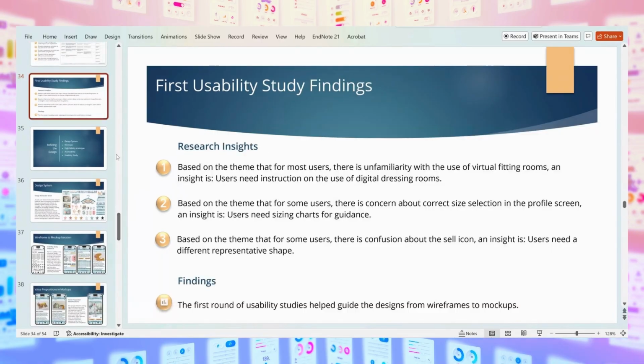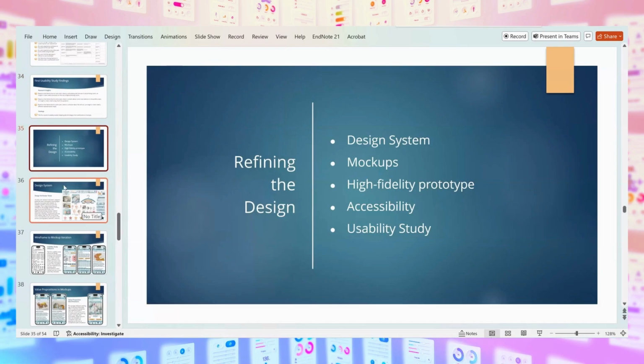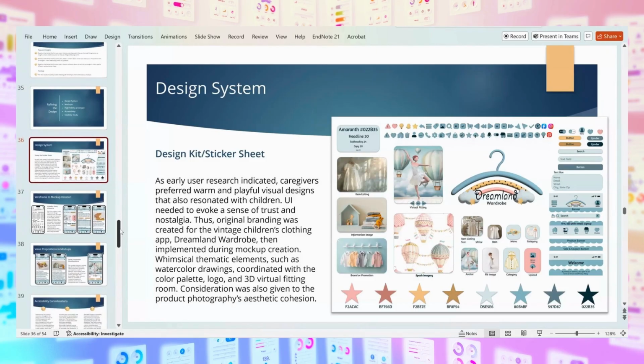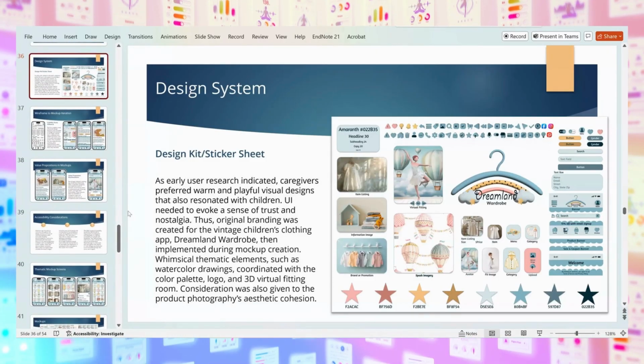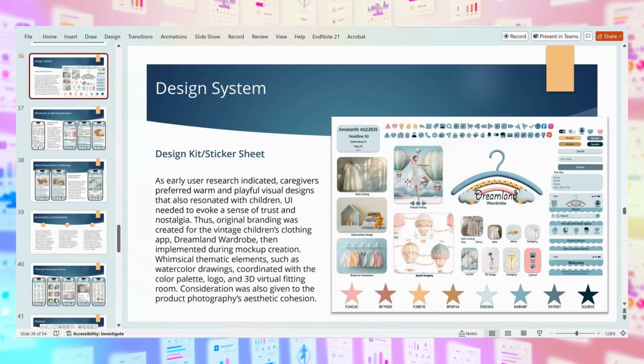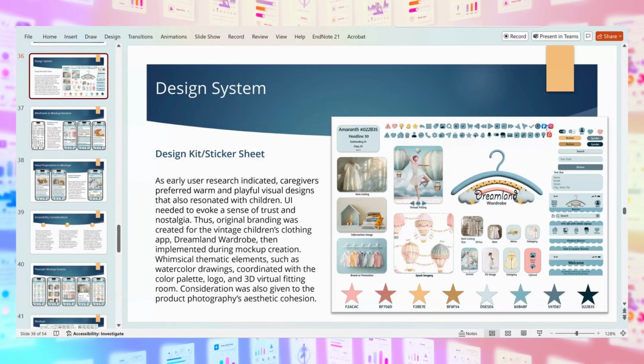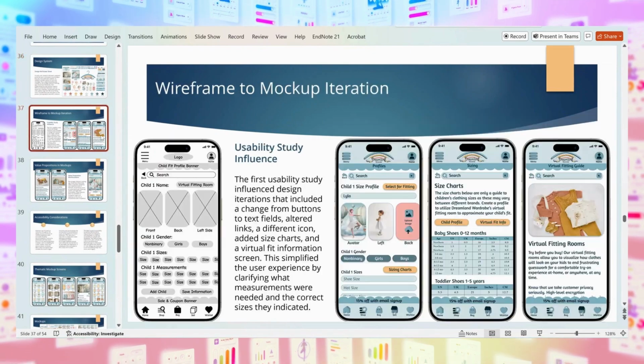So then you get your findings, you put that in, and then it's time to refine the design. You make a design system, and this is when it starts to get fun because you're really doing the branding and making the logo and the designs. And this is kind of like a sticker sheet that people can copy and paste. So especially if you're working on a team, this sticker sheet, this design system, that's something we could do for our group too. You just go and copy and paste and plug it into a new screen. So this keeps it all uniform, and you have your colors there with the hex codes. So you really have an idea of what it needs to look like. And you can add to it over time or change things.